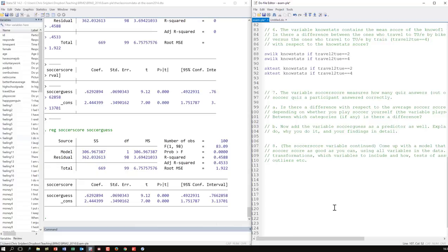I have a really large data set over here, but clearly the data set was not collected with, in the back of our minds, predicting soccer score. Otherwise there would have been way other variables in there, I guess. So we'll have to look if we can come up with anything that makes, let's say, a vague sense to be predictive of soccer score. Well, we can have a look at what we have in the data.